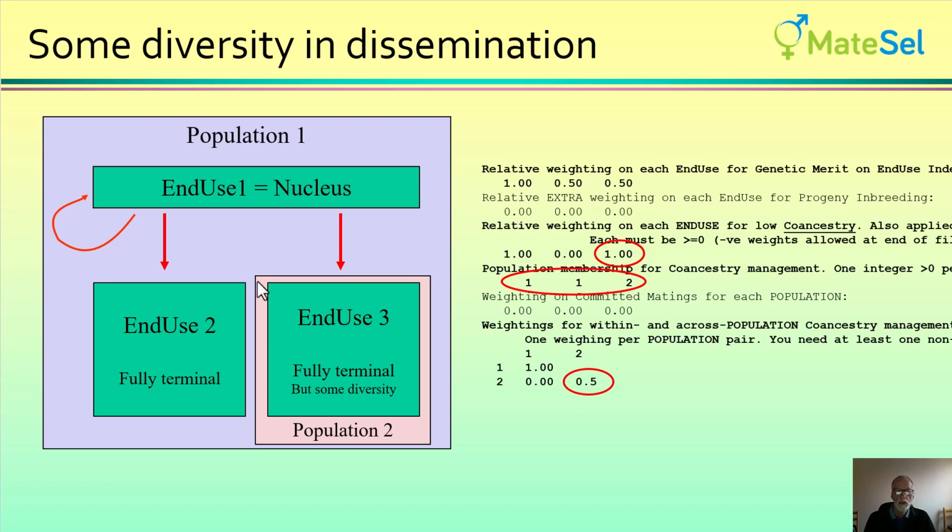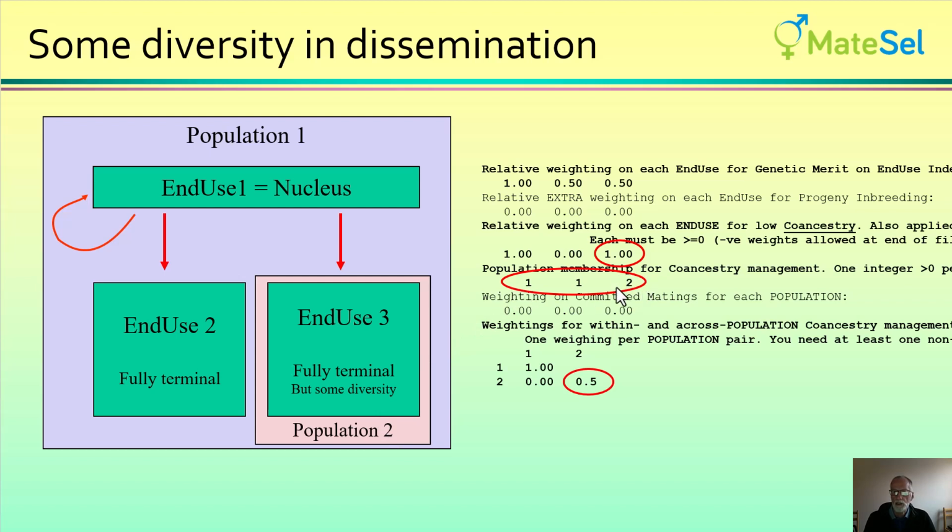And the way that we do that is declare that end use 3 sits in a separate population. So when we manage diversity in end use 3, it's not going to relate to population 1. It won't be attempting to increase the genetic diversity in the whole of population 1 because it's just looking after itself in population 2. The way we do that is first of all to declare that end use 3 sits